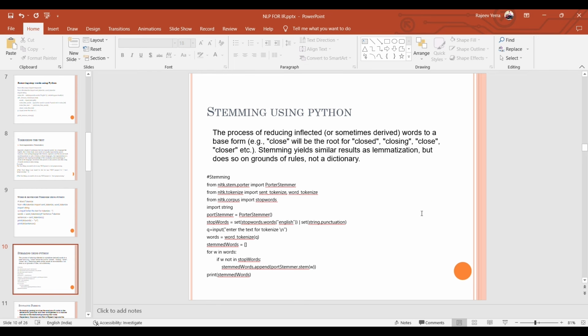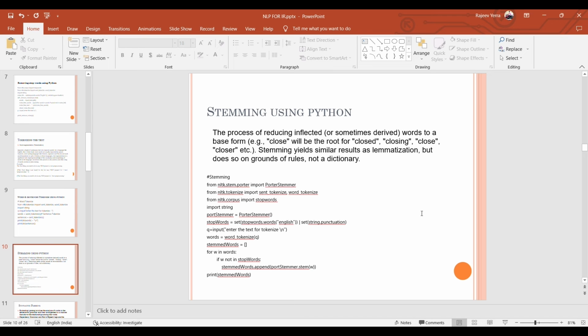Stemming using Python. What is stemming? The process of reducing inflected or sometimes derived words to a base form. Like you see with stemming, close will be the root of closed, closing, close, closer, etc. Similar words can be turned into the plural forms. Like swimming can be converted into swim.